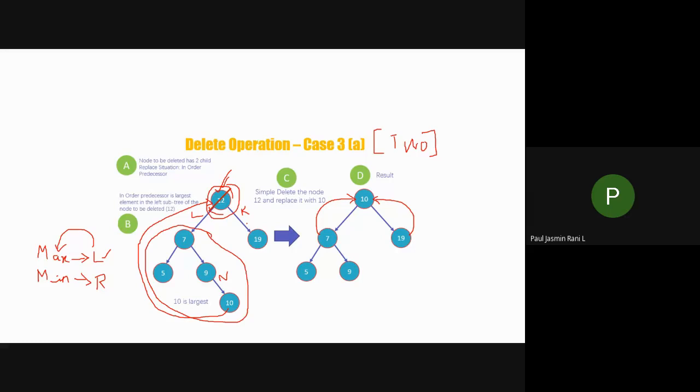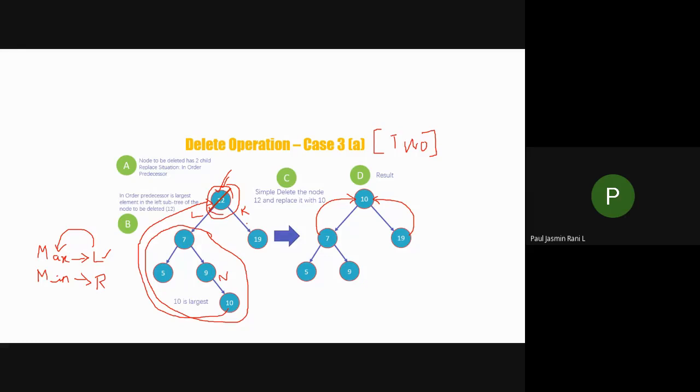So in order to do the shuffling, I have to take the maximum element from your left subtree and bring it towards your parent node, so that after that I can attach the left subtree as well as the right subtree. When I do this, what happens? I will get your binary search tree. Can you follow this?